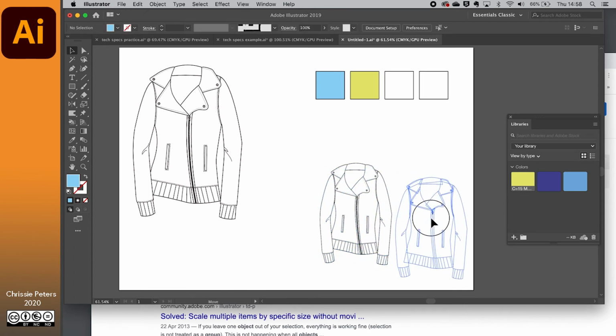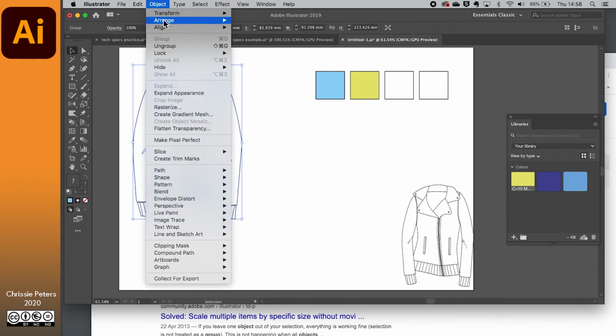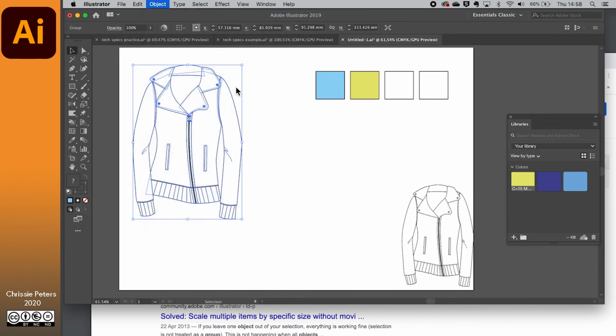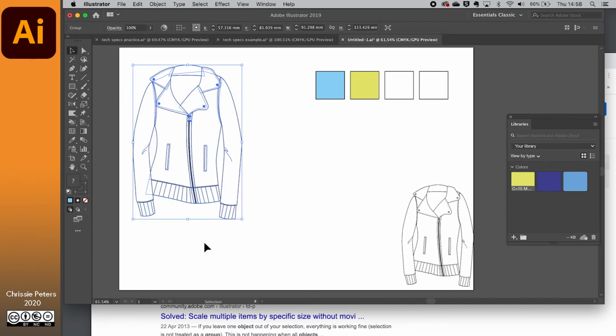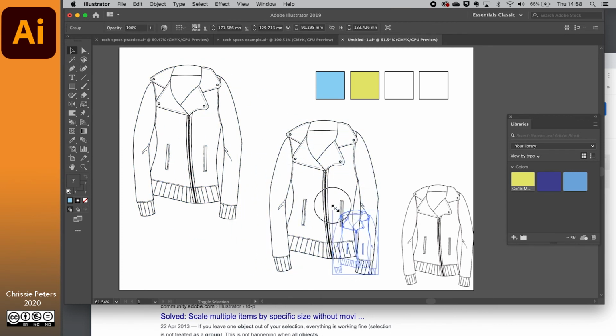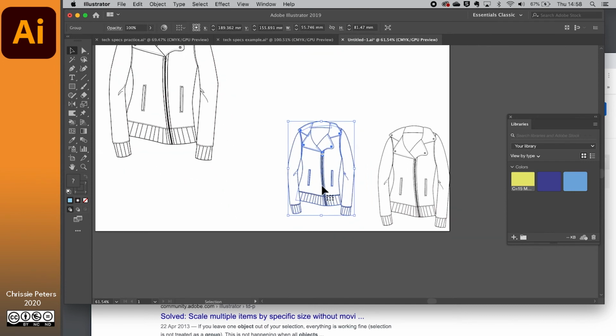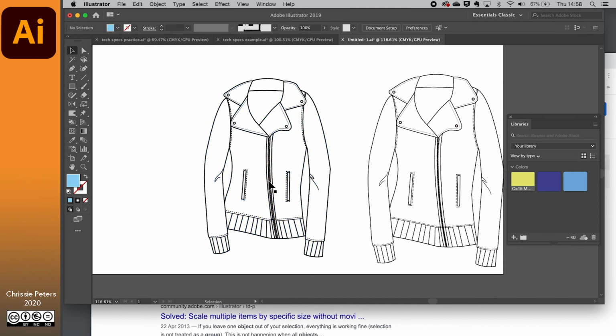You may find that when you scale yours in that it looks like this, so it hasn't scaled the zip well or the top stitching